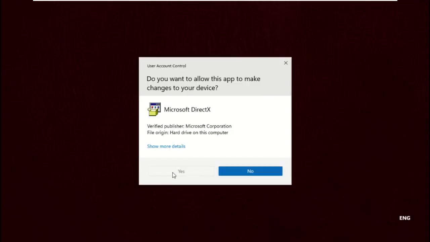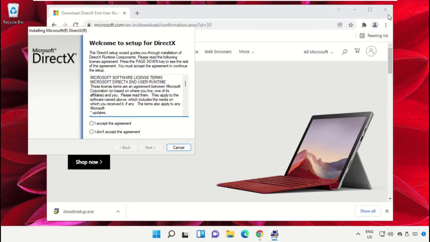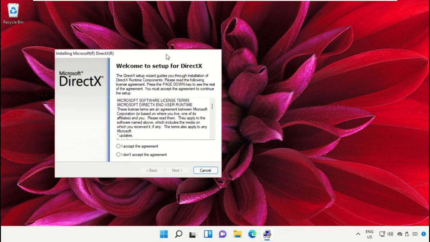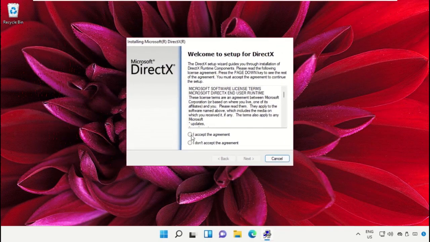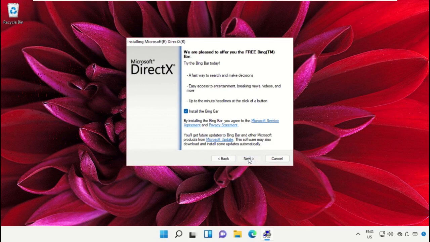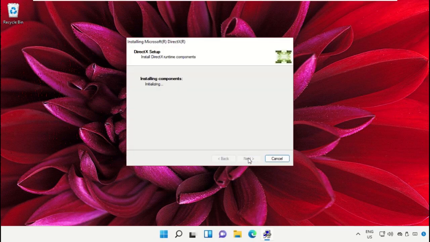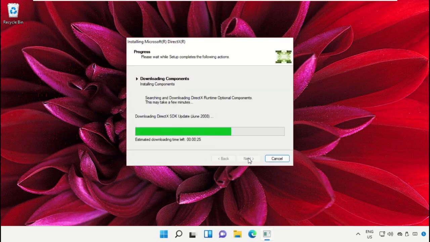Click on it and start the installation process of Microsoft DirectX. It will take some time to complete its process. Once done,